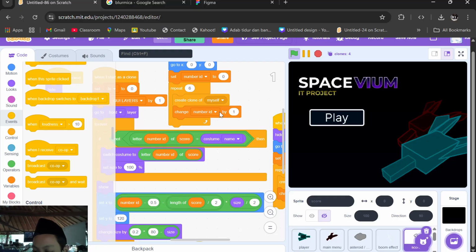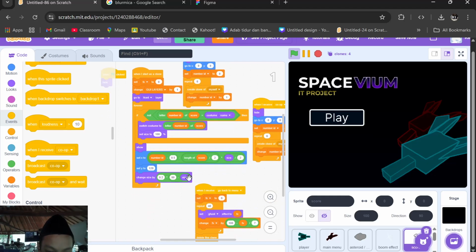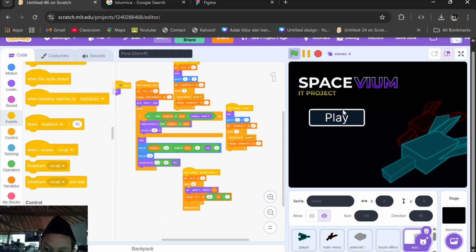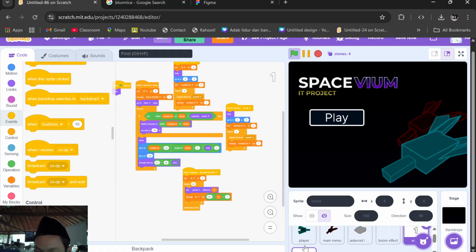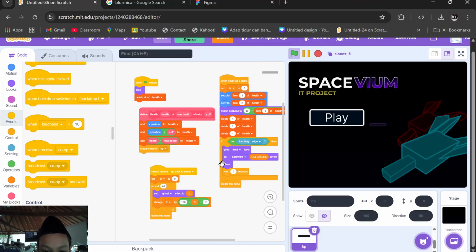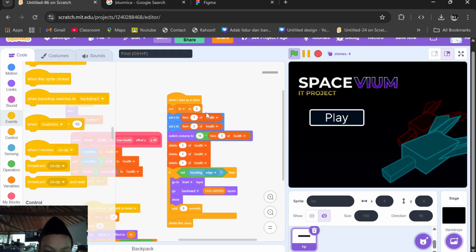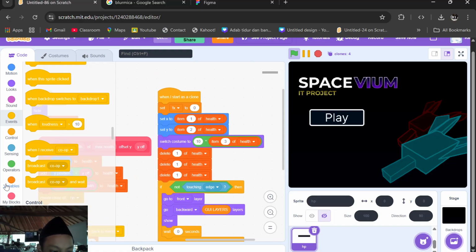If there are 6 digits, then it will set the digits of the number of the score, like letter 2 of score and so on. And this makes the transition every time there is a number change. And also now for the HP, the HP functions the same as the bang effect, the boom effect.